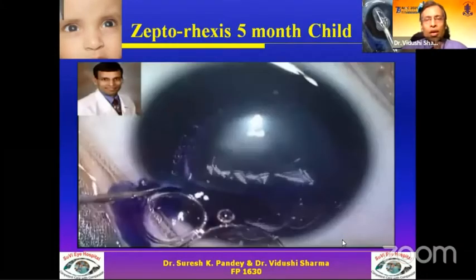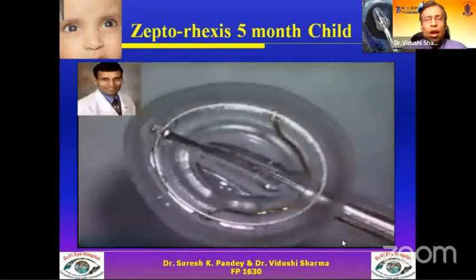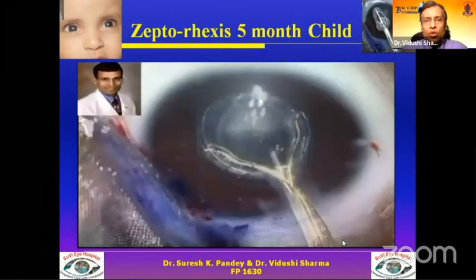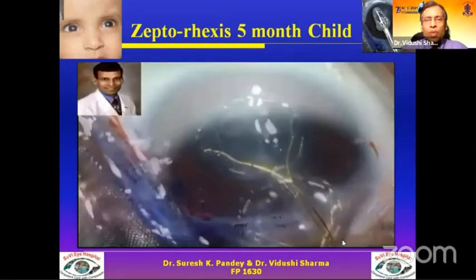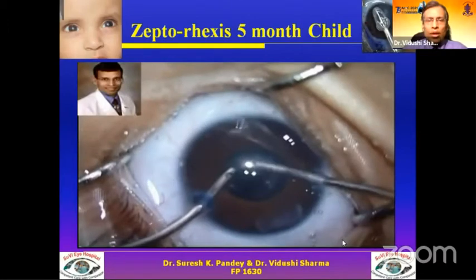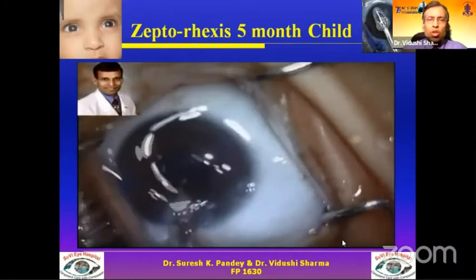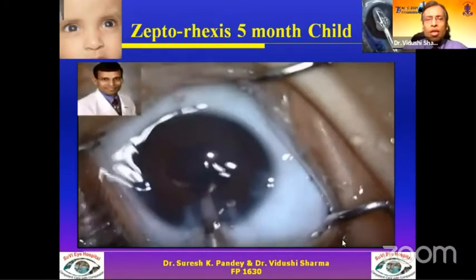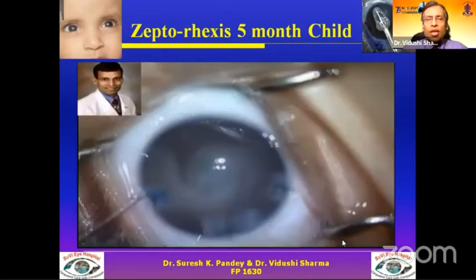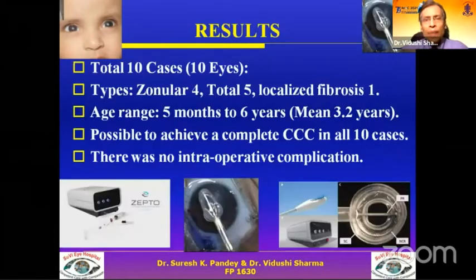We are showing the technique of Zepto access in this 5-month-old child. You can see this is the silicone cup, and this can be inserted after folding inside the anterior chamber using the 2.8 millimeter incision. Notice the creation of capsular access in a fraction of a second, and this is the stained anterior capsule, which was approximately 5.2 millimeter in size. This was followed by phacoaspiration, IOL implantation, posterior capsulectomy and anterior vitrectomy, and then suturing of the main incision and side port incision, as well as staining of the vitreous using preservative-free triamcinolone.